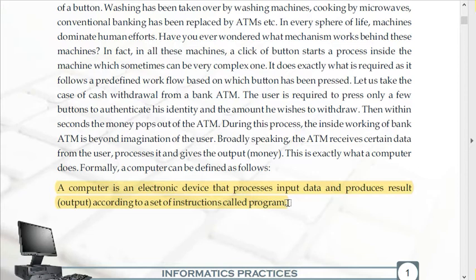Okay, roughly I am telling you all, if the definition is given that it processes the input data and produces result, what is the meaning of this? When it comes to ALU, that is arithmetic and logical unit, the addition part is done over here, and then it will generate the answer as 5. Since the answer came out to be 5, we will get to know that yes, this is the correct answer when we add the 2 numbers, that is 2 as well as 3.